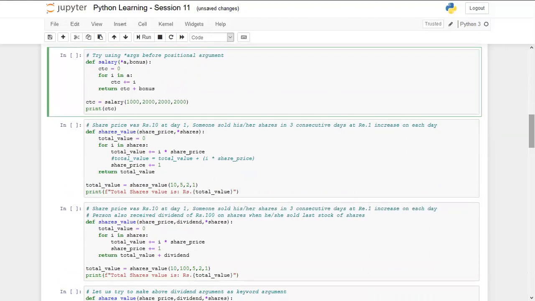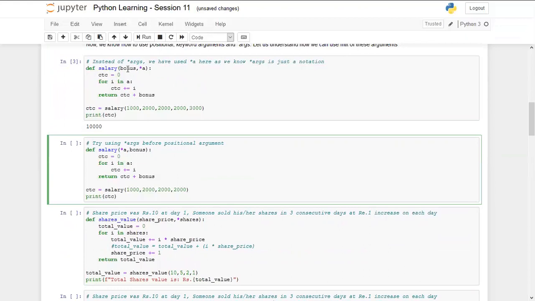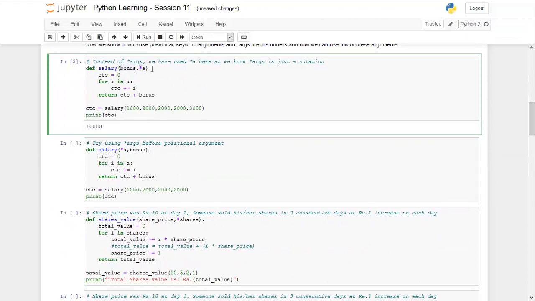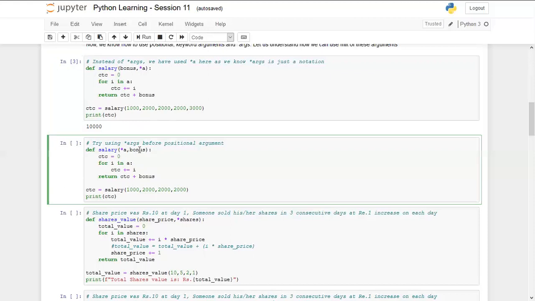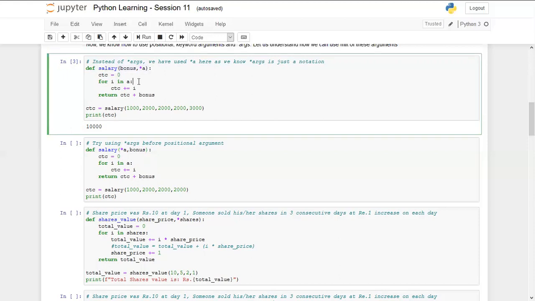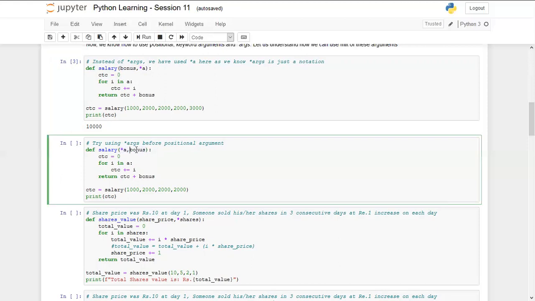Now, in the previous example, first of all we are giving the positional argument and then we are giving *args. In Python user-defined functions, there is a precedence for each type of argument, which we also discussed in the last session: positional arguments should come first, and only then can we provide keyword arguments. Similarly, *args has a precedence that it cannot be used before a positional argument. If you have to use a positional argument, you have to keep it before *args, and only after the positional argument can *args be defined, as in this example. But if we shuffle these, the precedence changes.